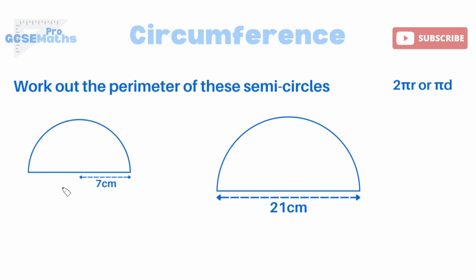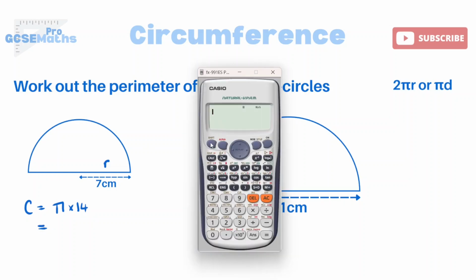So firstly, I'm going to work out the circumference of, if you imagine this circle to be the whole thing, we're still going to do 2 pi r or pi d, whichever you prefer. So in this case, I've got the radius, which is 7, so I would do the circumference pi times 14, because obviously 2 times 7 is 14. So pi times 14 gives me